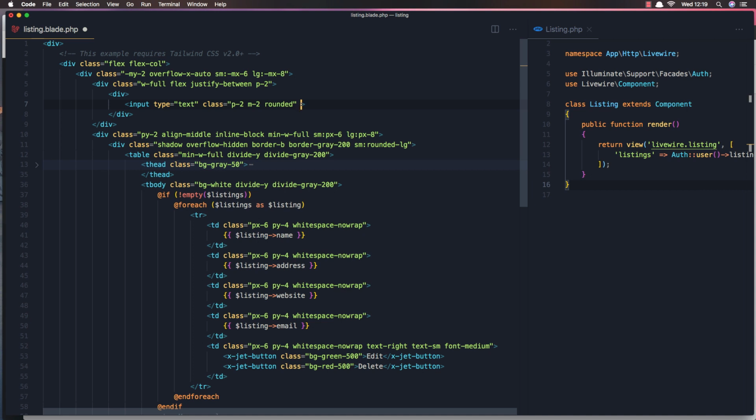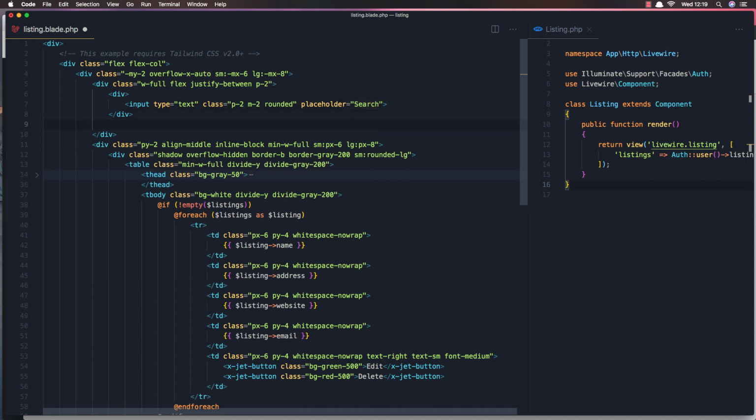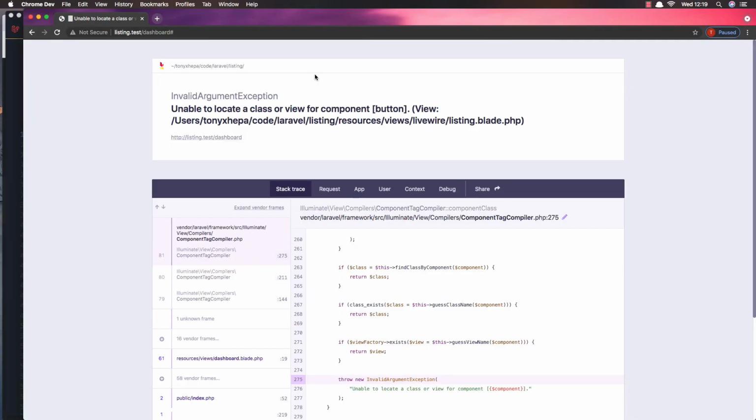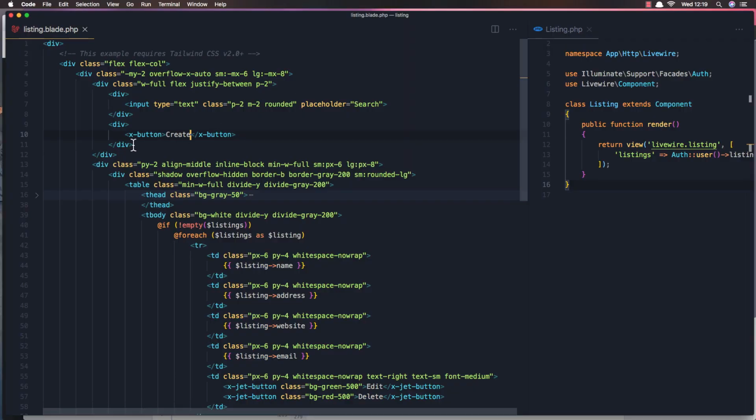Okay, also I'm going to add the placeholder search, yeah, and down there a div with x-jet-button and create. Okay, if I save and come here, refresh, and yeah, x-jet-button,